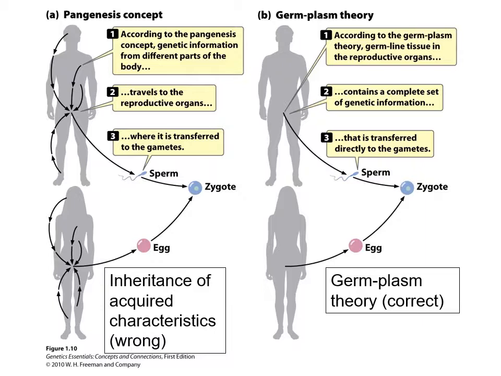So you remember from meiosis that sperm and egg each carry a set of human chromosomes, and that when they fuse together, that forms the zygote, which is the first cell of the new individual. So that's germplasm theory. But you had all these other ideas, the pangenesis, the blending, the inheritance of acquired characteristics,